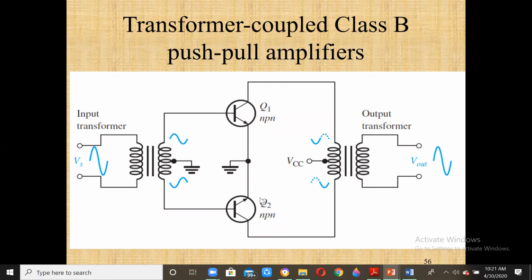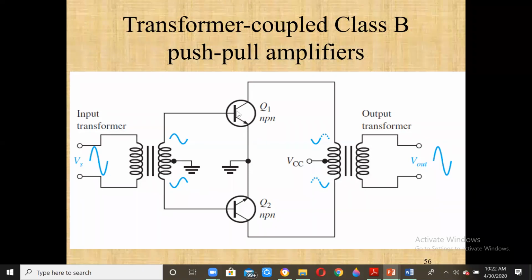So this is better in that sense that the complementary symmetry transistors might not be exactly complementary to each other because of the device characteristic. This might be better, but however, there is always loss in the transformers, right? Because of the center tap nature, here you'll have the signal like this, and here you will have exactly the inversion of the above one, right? There will be 180 degrees phase shift between this and this.